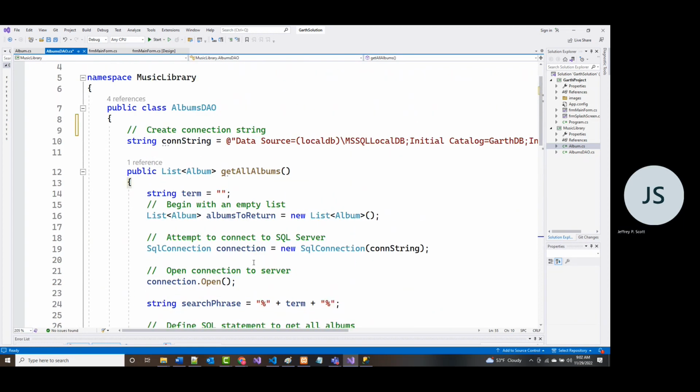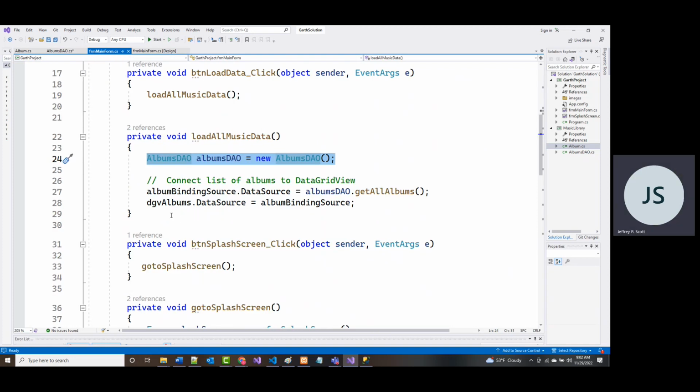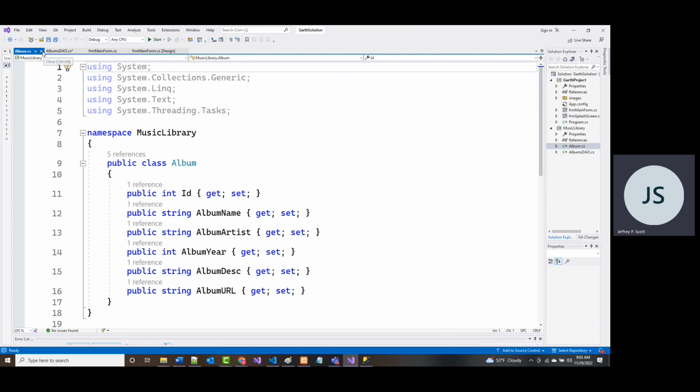All right. Now, one last thing, and then we're going to take a break. And that is if I go back to my program, my main form, the magic is happening right here. Because if you notice in that line, it's in blue there, line 27, it's setting my data source to albumsdao.get all albums. After the break, we're going to add another thing in here.